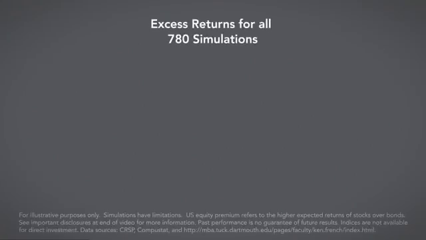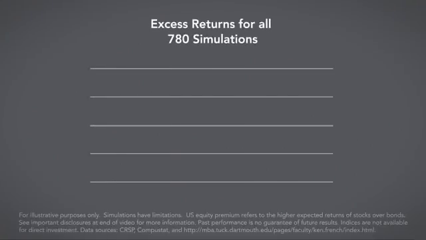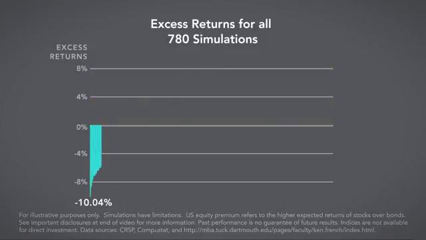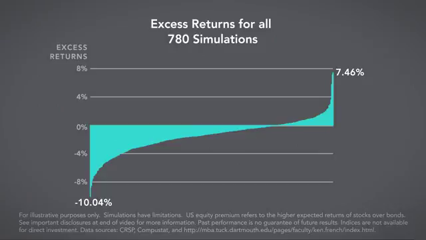Let's look at our results. For each trading rule, we calculated an excess return, which is the extra return that the rule generated above a strategy that maintained a consistent focus on the premium. The majority of the excess returns were negative. Of the minority that were positive, many of these were fairly small. However, a small number of test results produced large excess returns.